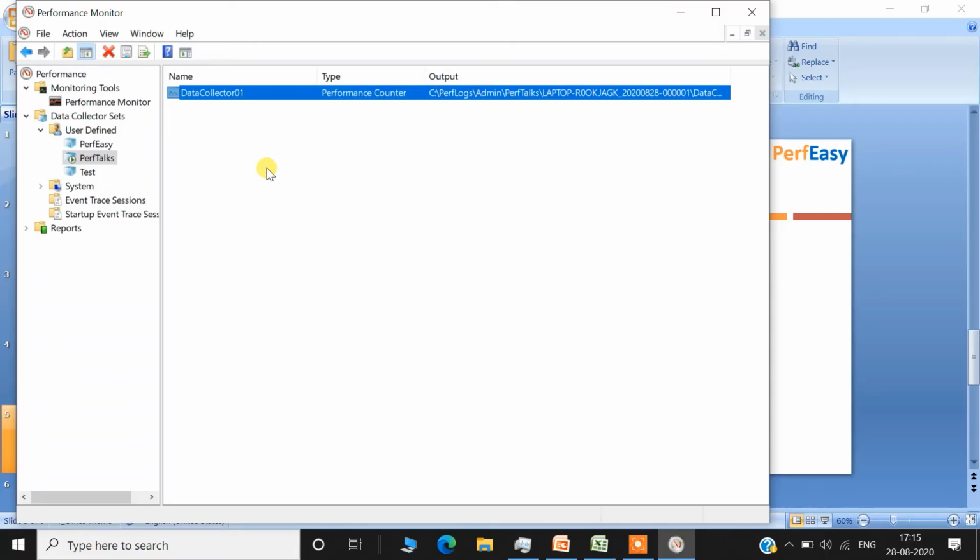Why should we start it before starting the test and stop it after completion of the test? The reason is that we need to see what the initial statistics were on the server side, how much memory consumption and how much CPU consumption was happening by default before we started the test.